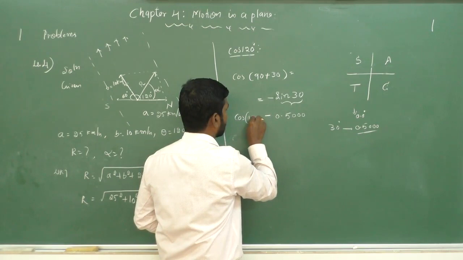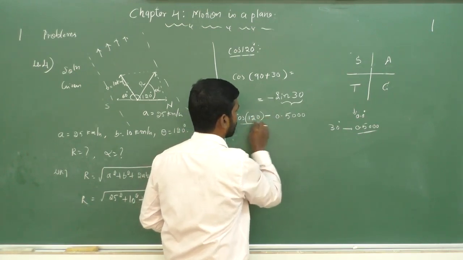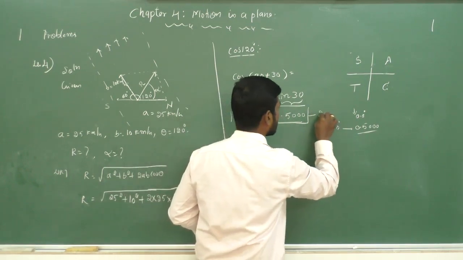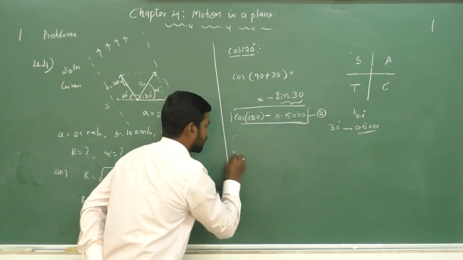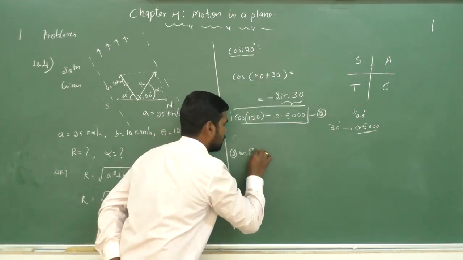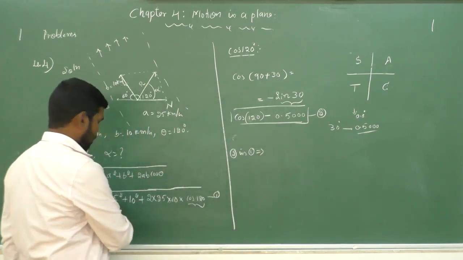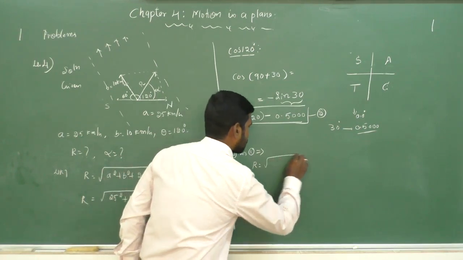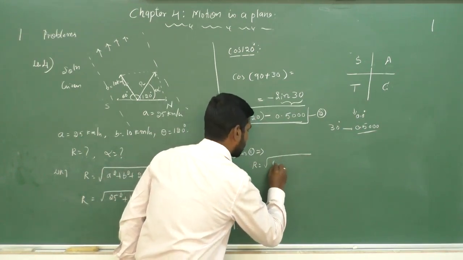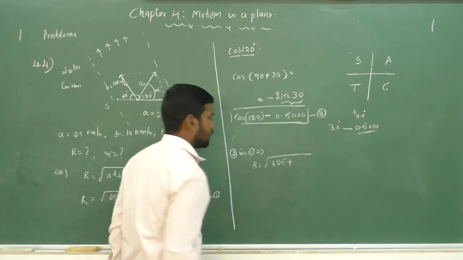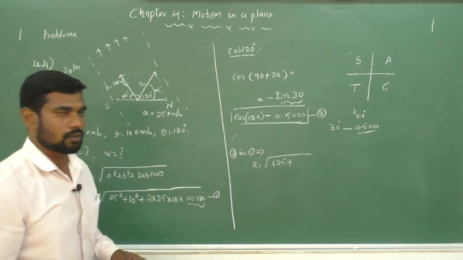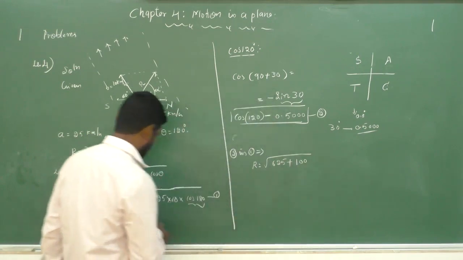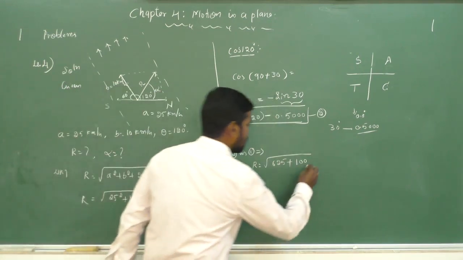okay, cos 120. Cos 120 value is this one. This is equation number 2, just consider. Then we can write: substituting equation 2 in equation number 1, which implies R is equal to square root of 25 square. 25 square is 625, plus 10 square. 10 square is 100, plus